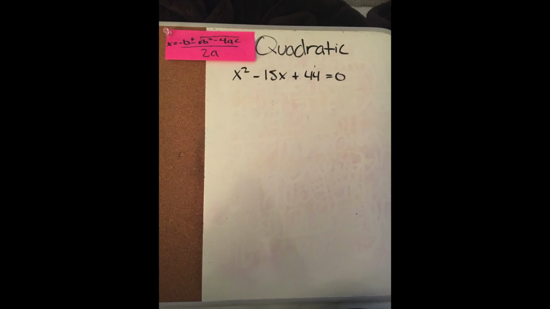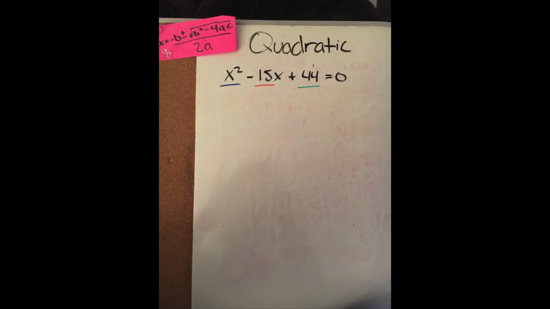Let's start off by solving this simple equation that is already set equal to 0. At the top left, you will see the quadratic formula. This will be the basis of solving every quadratic equation with the quadratic formula. We're going to start off by finding out what a, b, and c will equal in this equation. Once we've found out what those are, we're going to plug them into the quadratic formula, which should look something